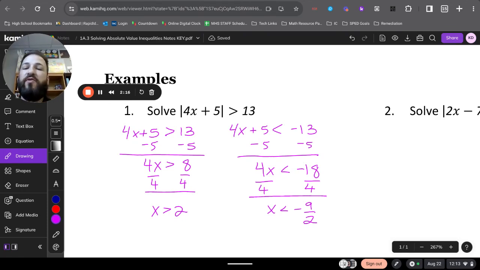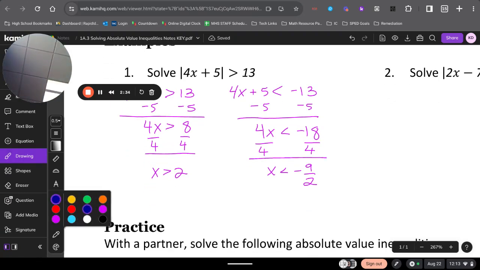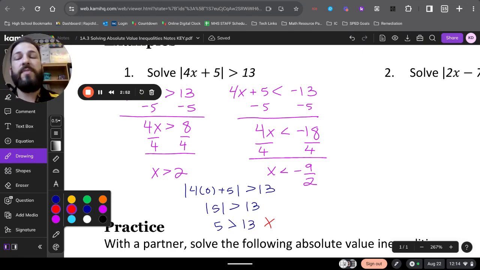And if you ever want to check if your inequality works out, you can do some quick math to plug in. So let's see if this is true by plugging in a number that's less than 2, but greater than negative 9/2. I'm going to plug in 0 as an example. So if I plugged in 0, I would get the absolute value of 4 times 0 plus 5 is greater than 13, which would give me the absolute value of 5, which would give me 5 is greater than 13, which of course is not true,